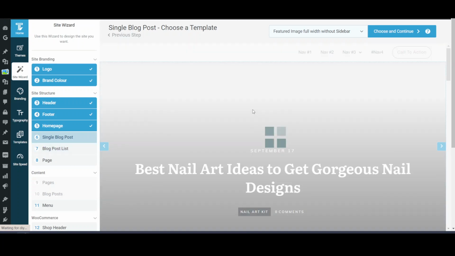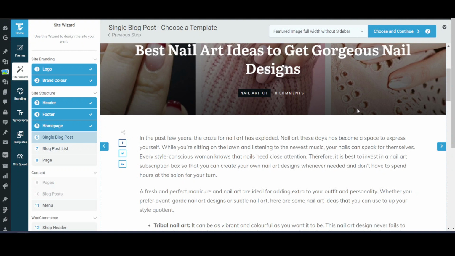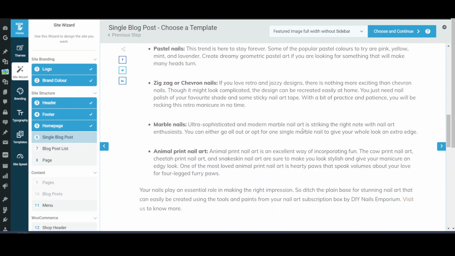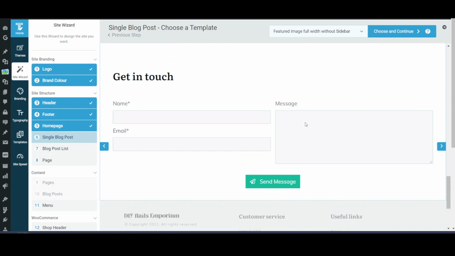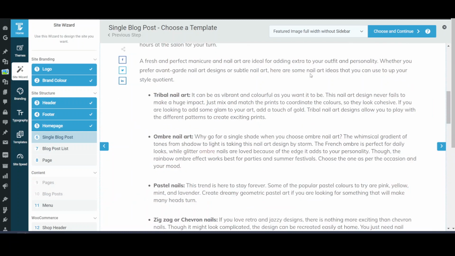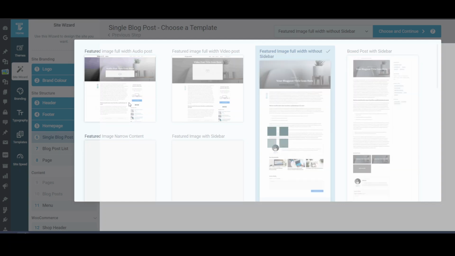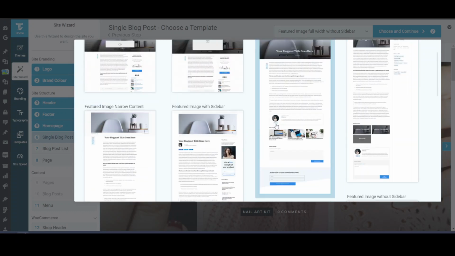And single blog post. So now it is giving us an idea of how you want to show the blog post page, blog article page. So this is one of the ways where you can show the blog post. Okay, this is how the blog post page will look like, and I think this is nice looking. You can choose other options also if you want. There are other options here. So if you want to show a sidebar, you can choose this option. If you don't want to show sidebar, then you can choose this one.